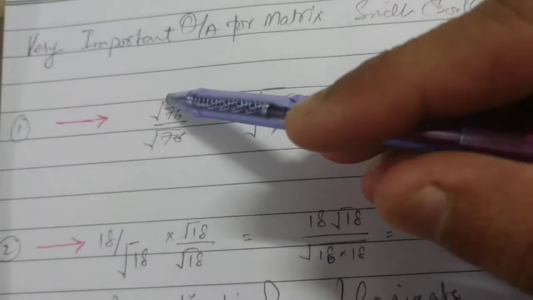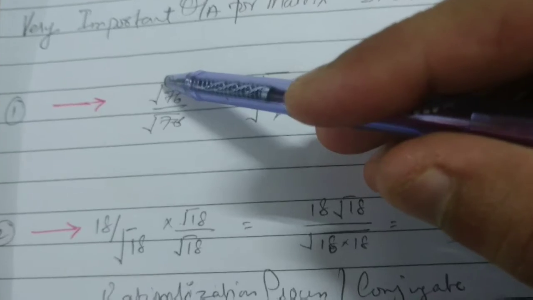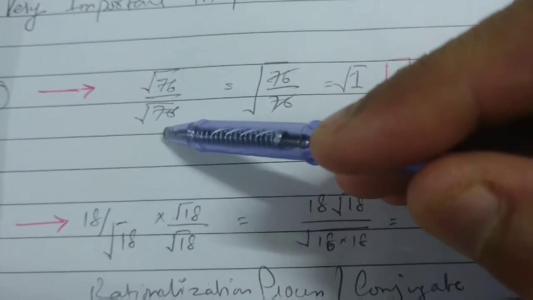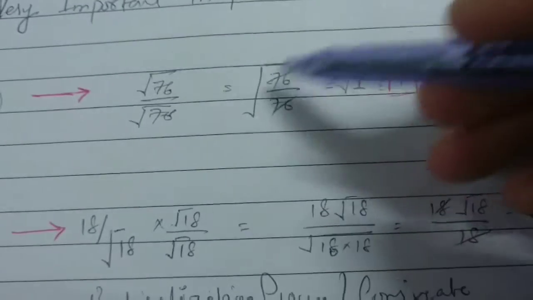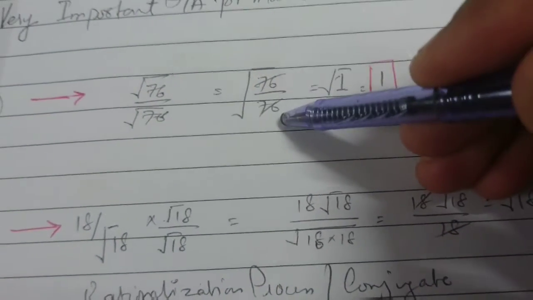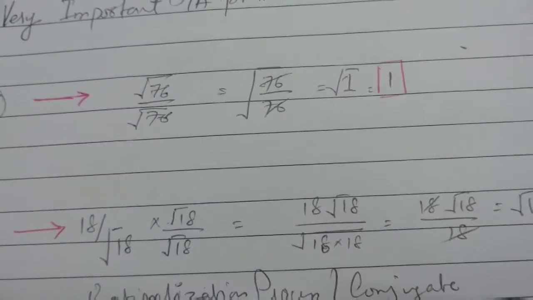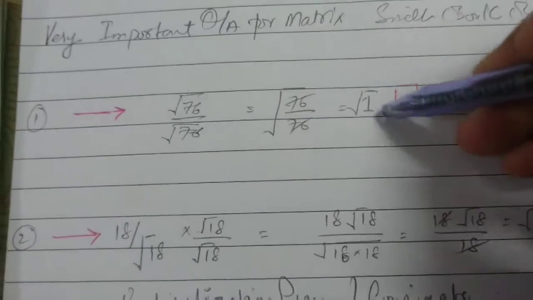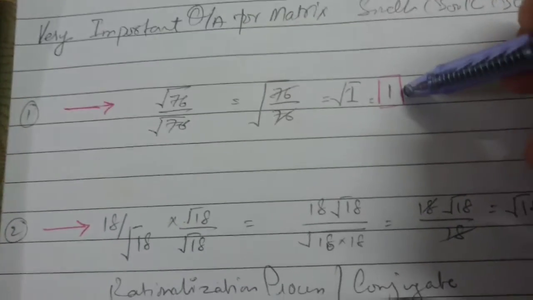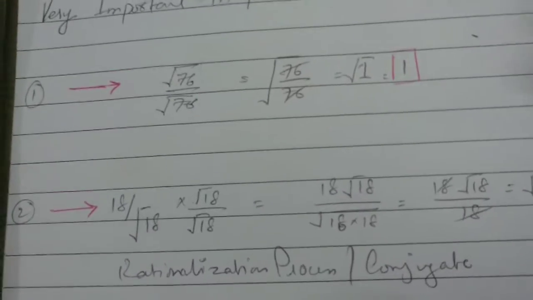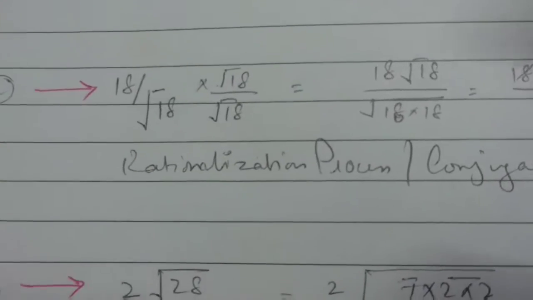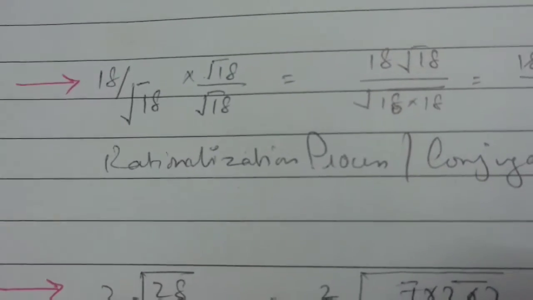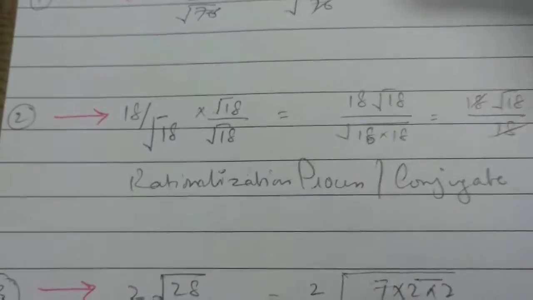You can see there's a root up on top, that is called the numerator. There's one down here, that's called the denominator. Make it 1 to simplify your inside value. You can see 76 can be cancelled by 76 in the same way. So 1 will come, and the root of 1 will be 1. Simple as that. These kinds of questions are used in many ways, but today I'm just making example questions.